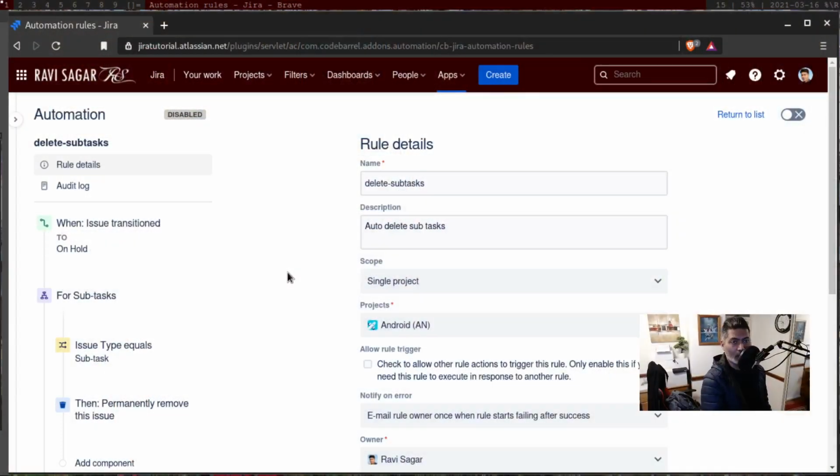There was a question on the community about deleting a subtask based on a transition of the parent. Now, this can be done, and let me show you the automation rule and explain how you can do the same thing. However, before I show you the rule, I also want to say that deleting an issue is